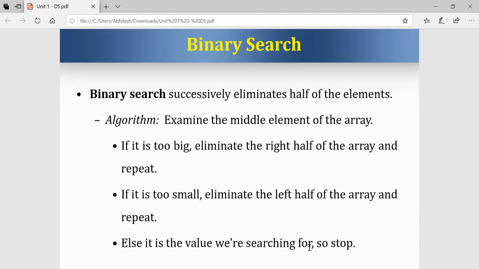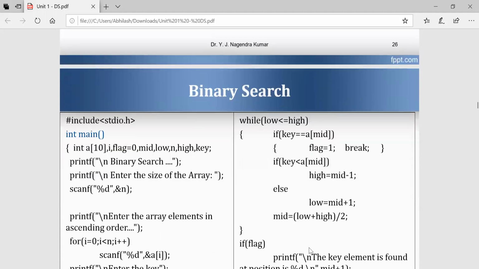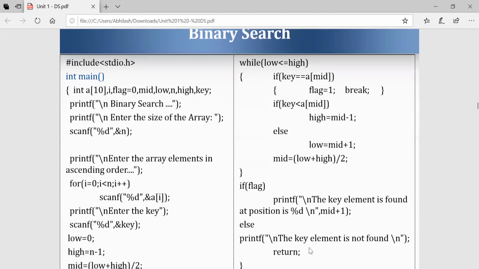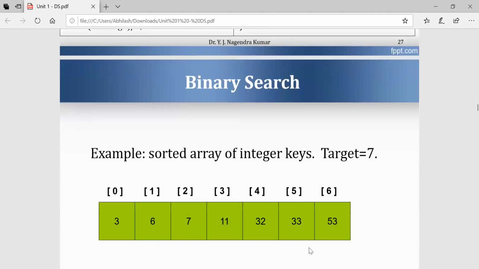We have to compare the key element with the middle element of the array. If the key value is less than the middle element, then you have to perform the search operation on the left part of the array. If the key value is more than the middle element, then we perform the search operation on the right part of the array. If the key value is the same as the middle element, then the search is successful, and you can stop this process. Before discussing the programming part, we will see the animated pictures.